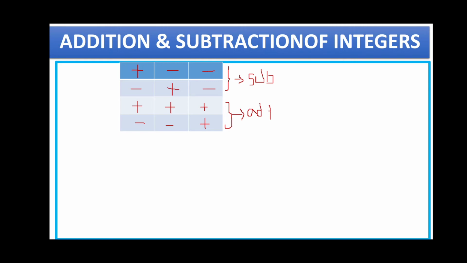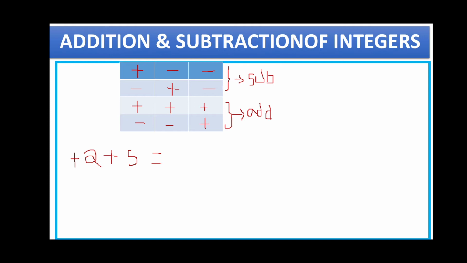Now let us see this by taking various examples like plus, minus, minus, plus and both minus. Here we are taking up 3 numbers also. So let us start with examples. Here I have taken 2 plus 5. If you observe, the 2 does not have any sign before the number. If there is no sign before the number, it means it contains a positive sign, that is plus. So in 2 plus 5, both the integers have the same signs, that is plus and plus.